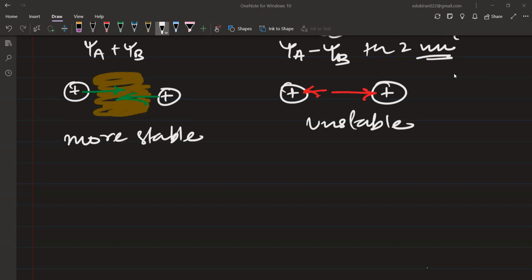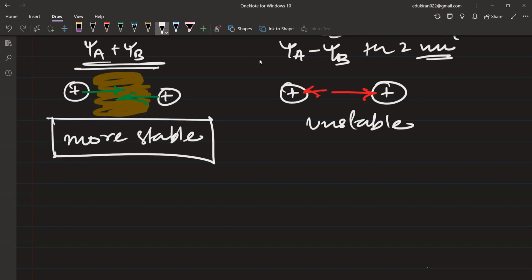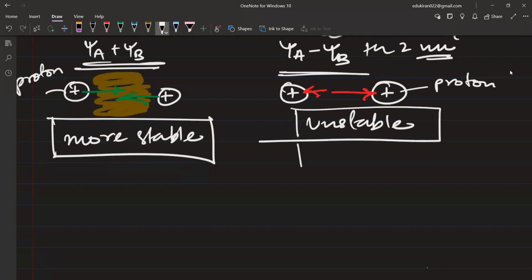That means when we are having psi A plus psi B, then we are moving towards stability. When we are having psi A minus psi B, that means when we are having opposite phases, this is going to be unstable. Okay, अब energy की अगर terms में हम बात करें, please remember, if this is more